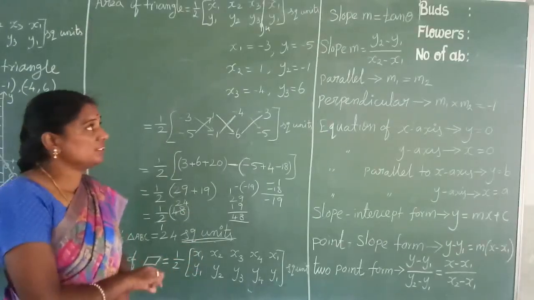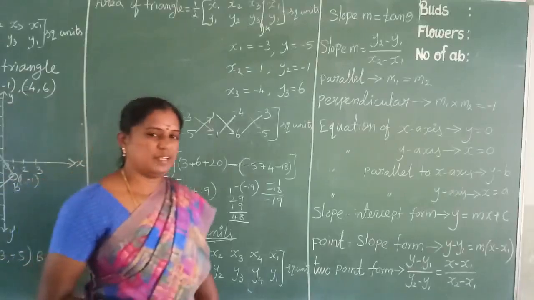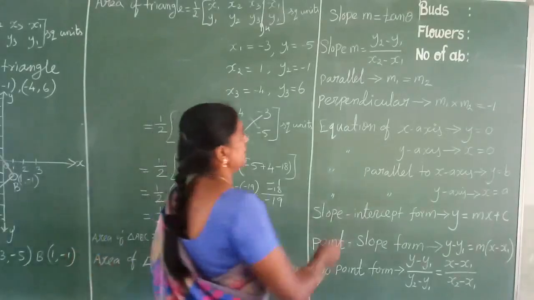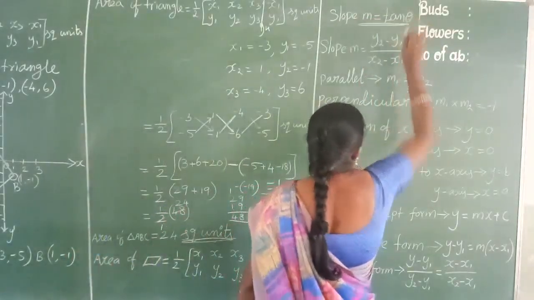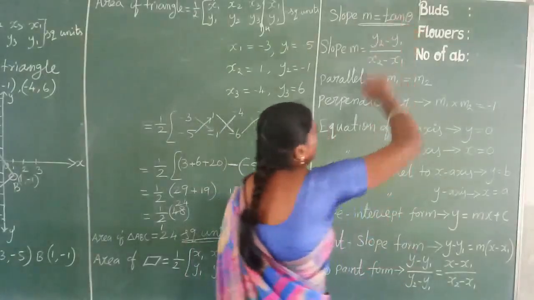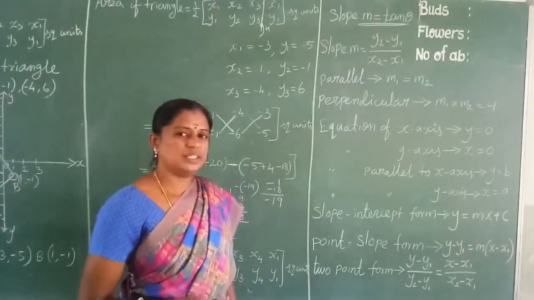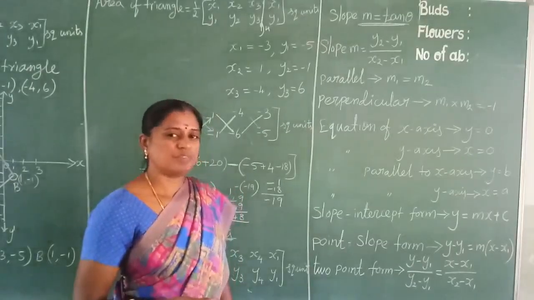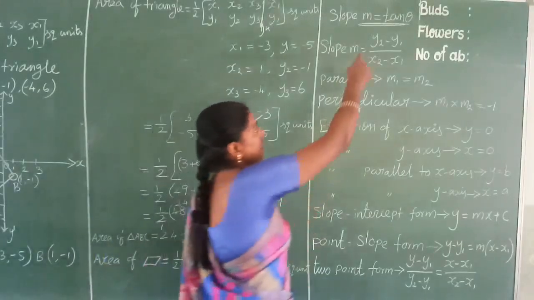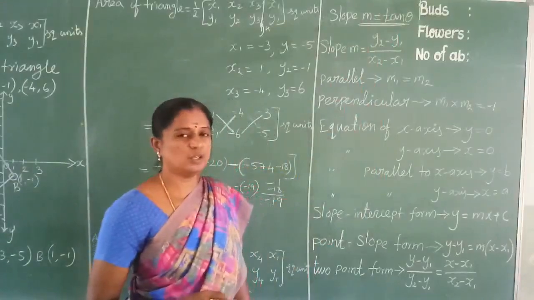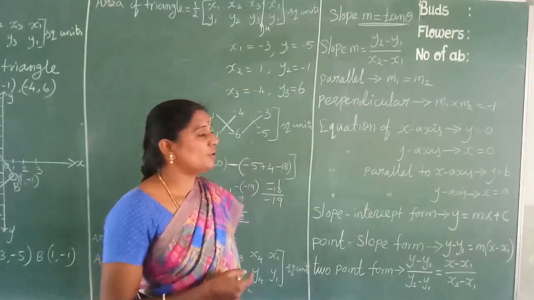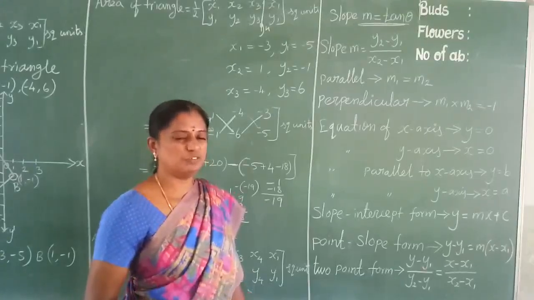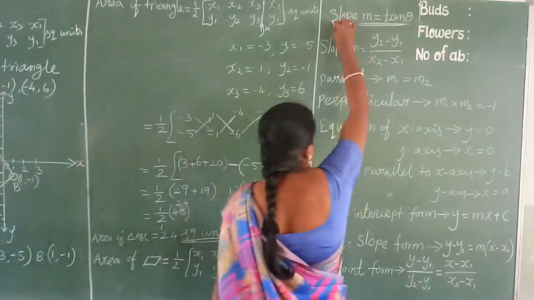Is it clear? Next one, slope. Theta given, that is the angle of inclination. If theta is given, slope m is equal to tan theta. Suppose the theta value is 30 degrees: tan 30 degrees, apply the value, is 1 by root 3. Suppose 45 degrees, so tan 45 is 1. Theta is 60 degrees: apply tan 60 degrees, which is root 3. 0 degrees: tan 0 is 0. Suppose theta is 90 degrees: tan 90 degrees is not defined, that is infinity. So like that you find the slope value.